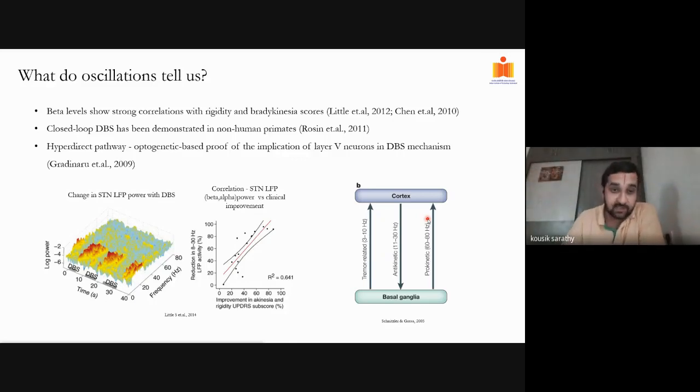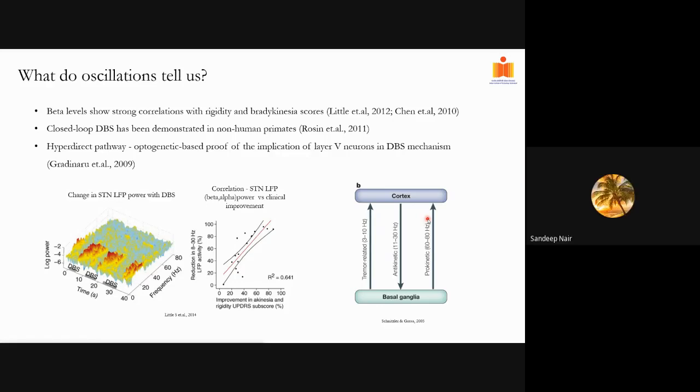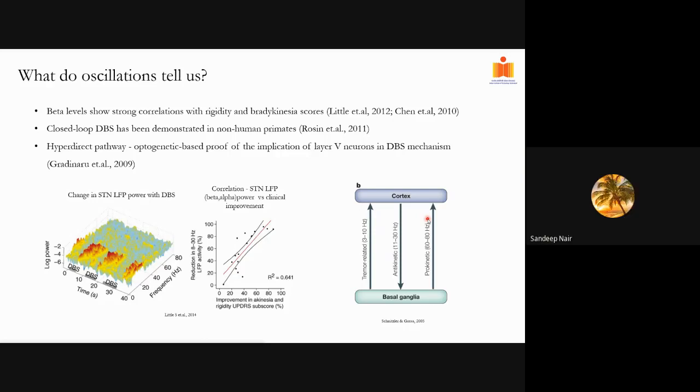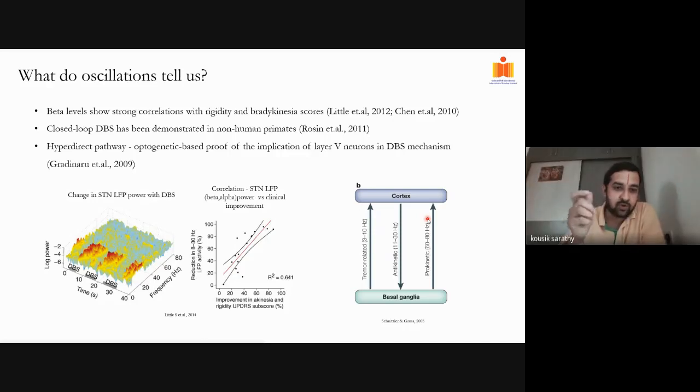The titration that you talked about, the exact pulse width and the parameters, the generator itself is the same, the hardware is the same, but what pulse width, what frequency, what amplitude, depends on a number of factors, including the accuracy of placement of the electrode. You can imagine in a 3D space, it is barely 3 or 4 millimeters by 6 millimeters, like a grain of rice, a few millimeters by a few millimeters. That's the STN. So the titration is going to make sure that you actually stimulate this nucleus.